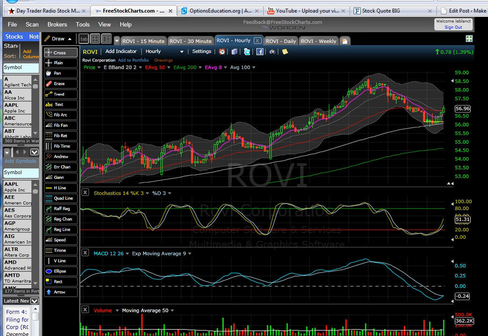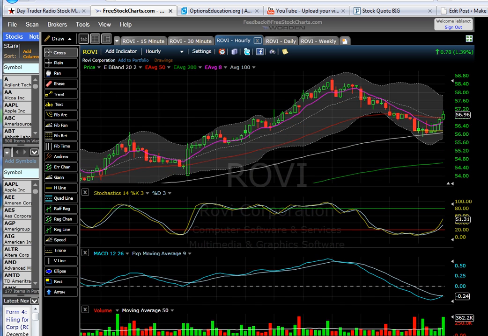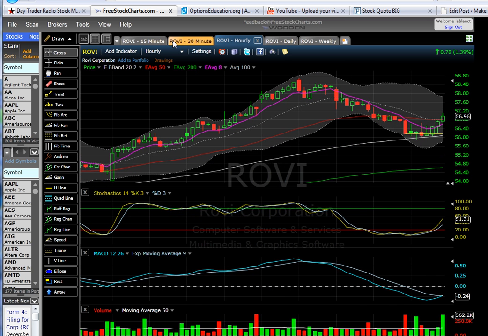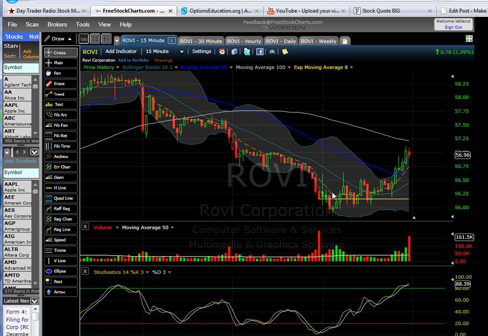Looking at Rovi, we can see that on the 15-minute chart we got in around this area, quarter position, and then again half a position after we moved through the 20 EMA. If you aspire to these moves outside of the Bollinger Bands, a swing low and then a move higher, you buy the close above this candle here when you move out of the Bollinger Bands. Okay, that said,